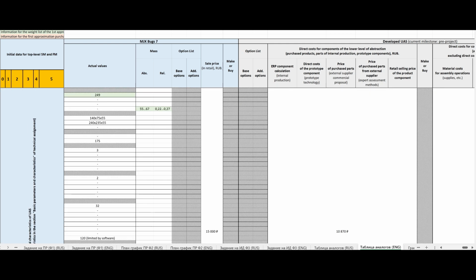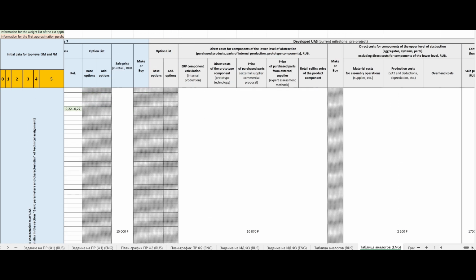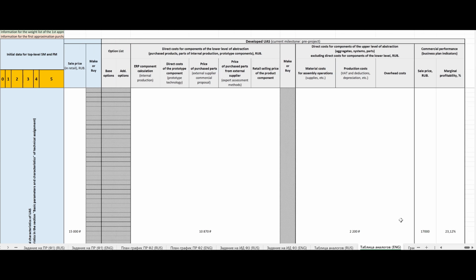A detailed table of analytics is formed at the pre-project stage, i.e. at the stage when there are not only 3D models, specification and list of purchase products, but there is also no full-fledged technical assignment. Thus, the presented table is the most general approximation of the design structure that can be. The third requirement is the possibility of using such a table to generate an option list document used in